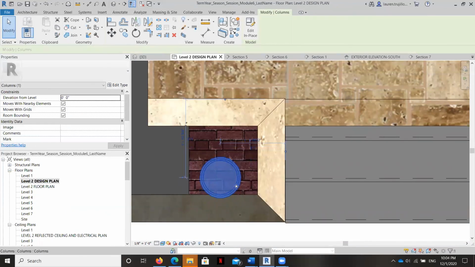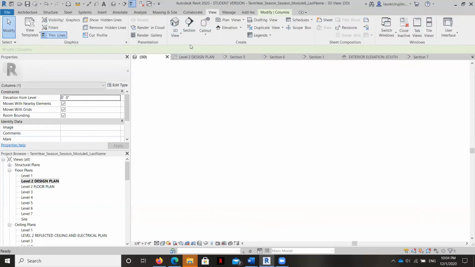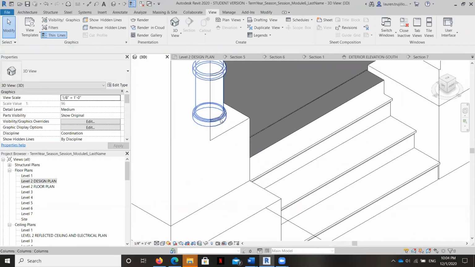There we go. So I did disassociate, find it, place it on a new reference plane so I could see it, and then disassociate it again.